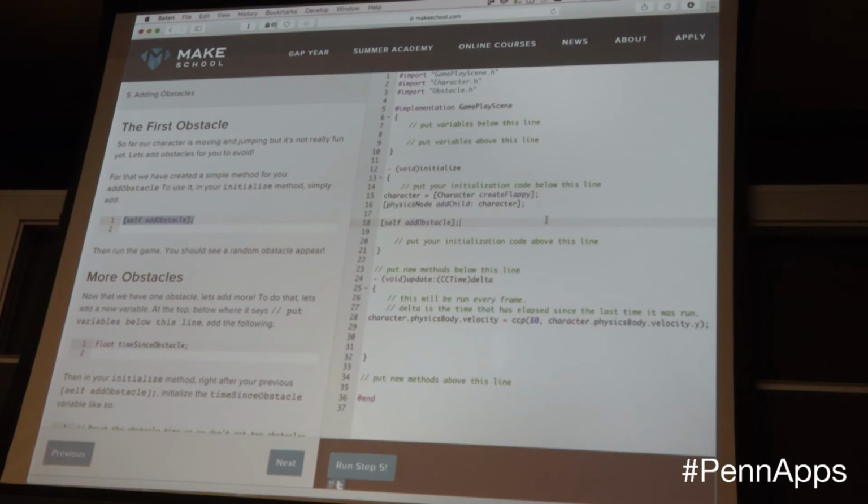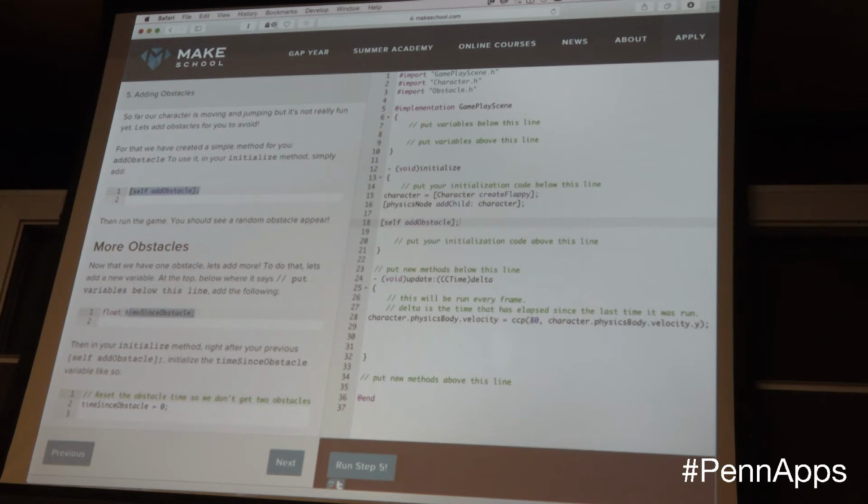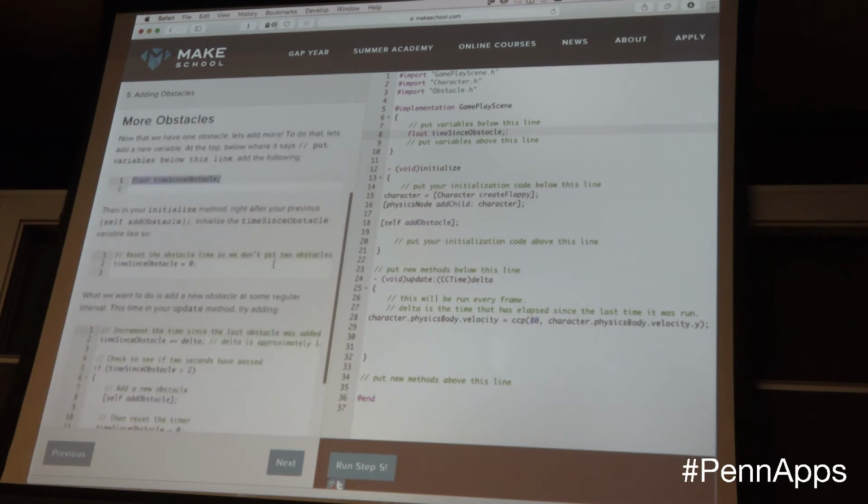So we're going to add an obstacle to the scene. We're going to, in our class definition, have a private variable here that's a float, right? It's a standard C-type float. And we're going to use that to keep track of the time since we last put an obstacle on the screen.